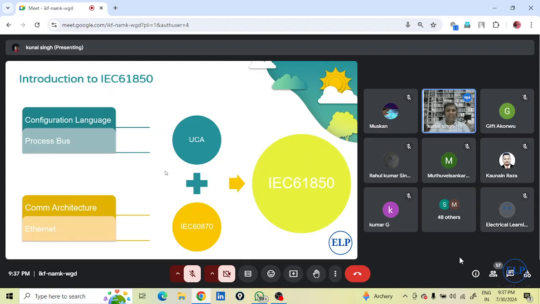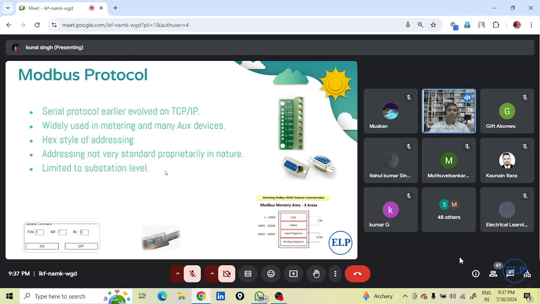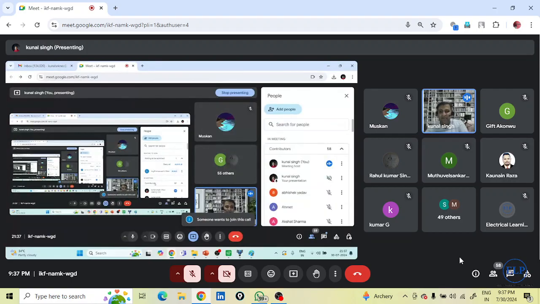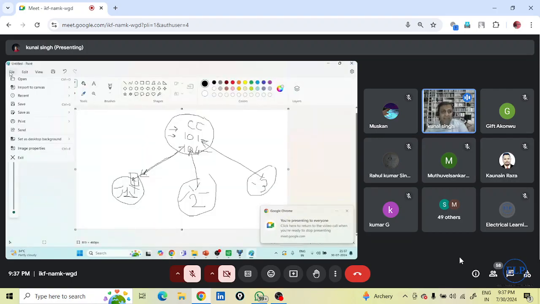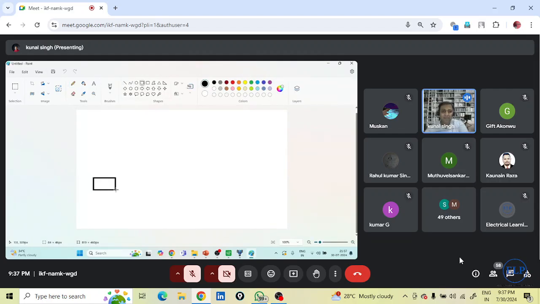Okay, so now we will start with the major topic, that is IEC 61850. We already discussed some of the limitations of the earlier protocols, and apart from that, I'll also throw some light on one of the major limitations of the old protocols that has been solved by the new IEC 61850. Since most of you must be from some kind of industry, suppose we have different types of relays mounted in a substation. Suppose this is relay 1, and this is